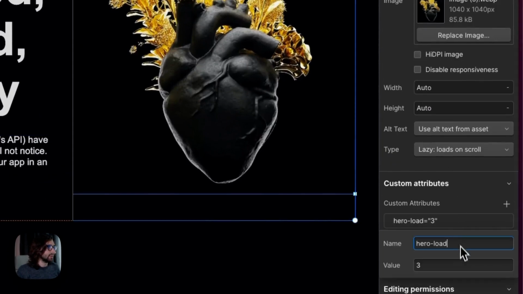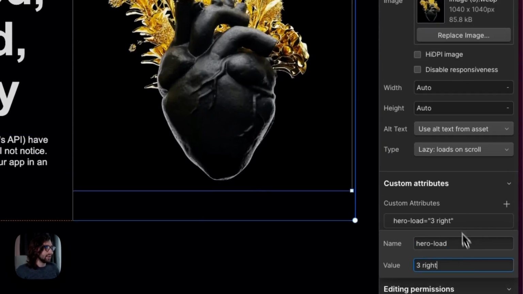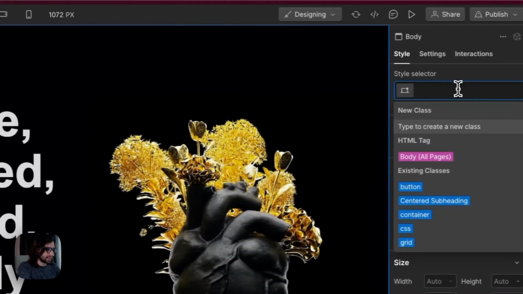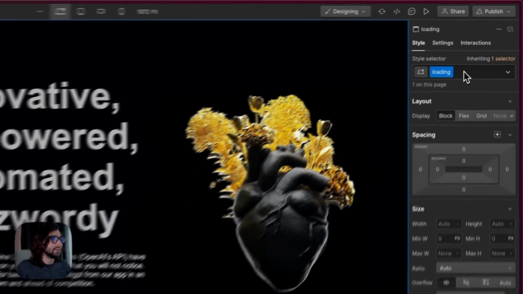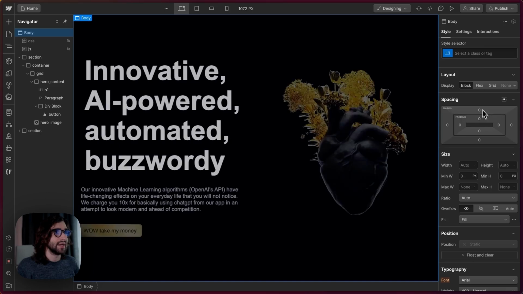So here we can say 3 space right, and now both of these attributes are actually applied, and we can test that out by just adding a class again. And you can see that it already went to the right,